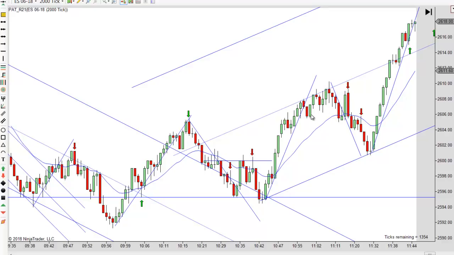Or actually, here's where the failed second entry short was. Yeah, that definitely would have worked. You might have had to ride this back, but I think there's enough room even right there. But it's right into what looks like the upper side of the channel, so I'm not going to take that. Plus, you've got your close, and it may just push up one tick above that and turn down and give you a new high and turn down. It ends up would have worked, but you don't know that ahead of time.